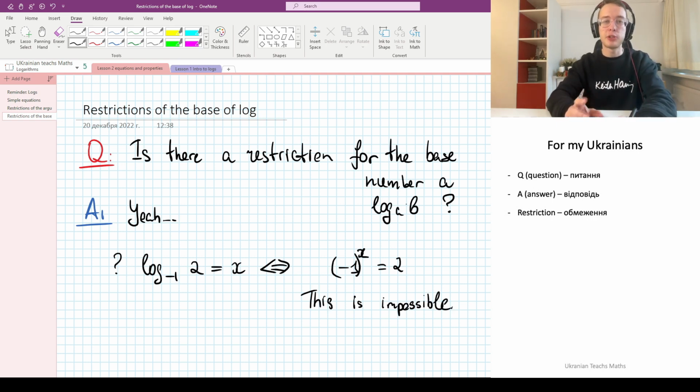There are actually quite many reasons why this equation here can never have any roots in x. First of all, if I have minus 1 and I raise it to a power, I'm quite always going to have either minus 1 or 1. Furthermore, if I'm raising minus 1 or a negative number to a real power, like 3.14, or pi, or the square root of 2, then I'm actually not allowed to do this. So the general problem is actually that